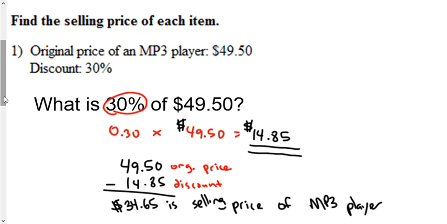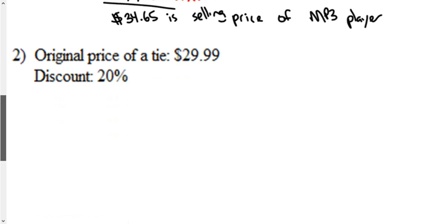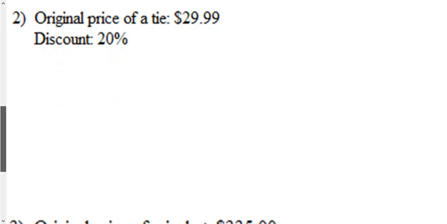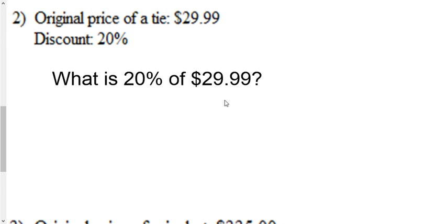So let's go through and do maybe 3, 4, maybe 5 more of these. Here's the thing that we're looking at. We're going to buy a tie for about $30, and that's about normal for stores nowadays. So ask yourself, what is 20% of $29.99? And this is where we get into a rounding situation. After you flip this over to a decimal and then multiply it by $29.99, on your calculator screen it shows up as